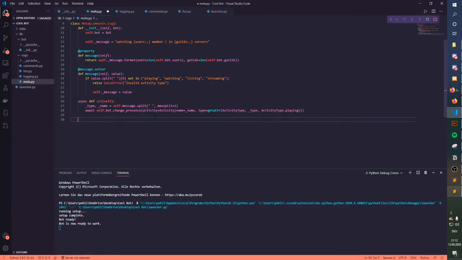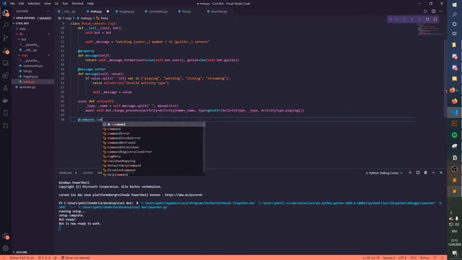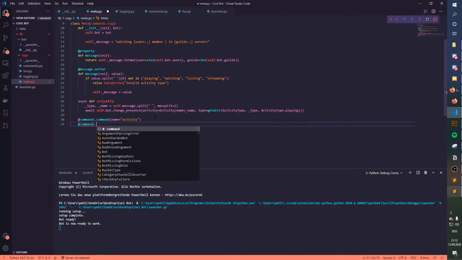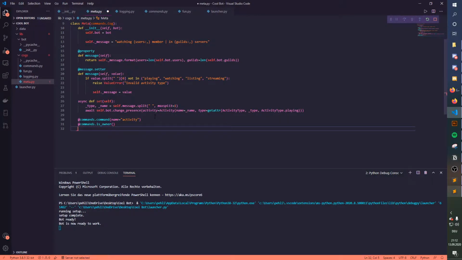And now we're gonna create a command. So we're just gonna say commands.command, and we're gonna say name equals activity, and in here we also add commands.is_owner. So basically that only owners of the bot can change the presence. And then we're going to say async def set activity command. And in that, we're just creating a command where you can set the activity of the bot,